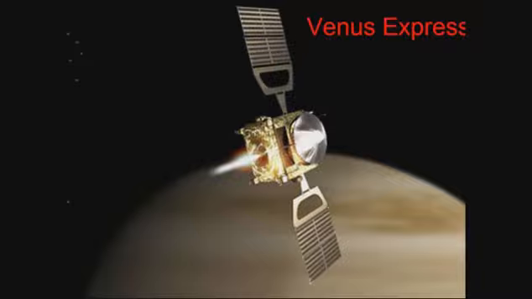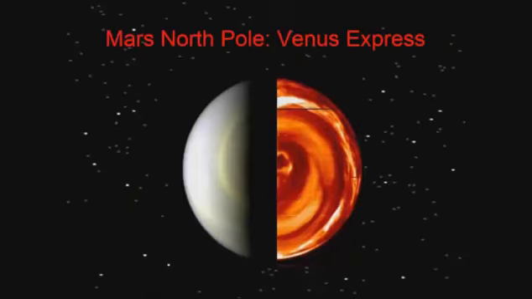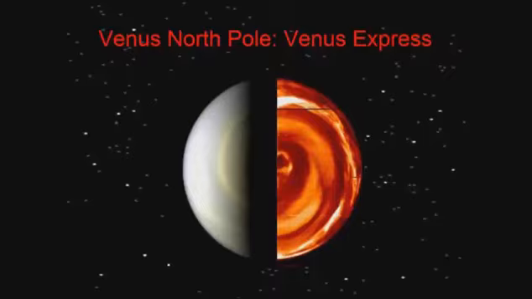So the Venus Express mission, which was an ESA mission, has also gone to Venus and taken a look in the same sense, but it's also looked at the atmosphere and the magnetic field of Venus in a little more detail. That actually says Mars, doesn't it? Whoops. There we go. So this is Venus's North Pole from the Venus Express mission,